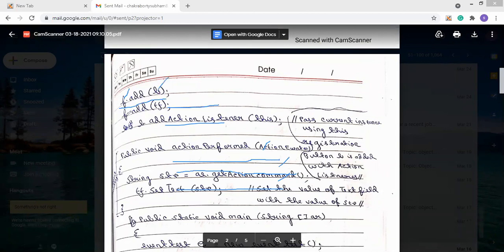Likewise, the text field can be added to the frame by calling the add method through the Frame class object and passing the text field object. That's how a button and a text field are added to the frame. Clear?